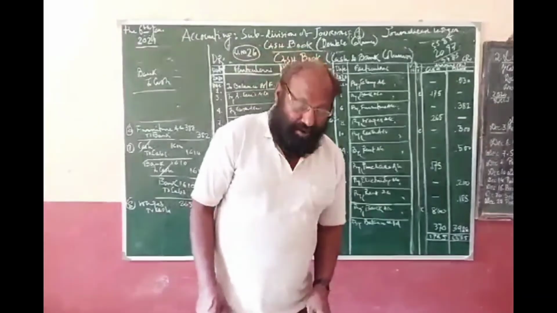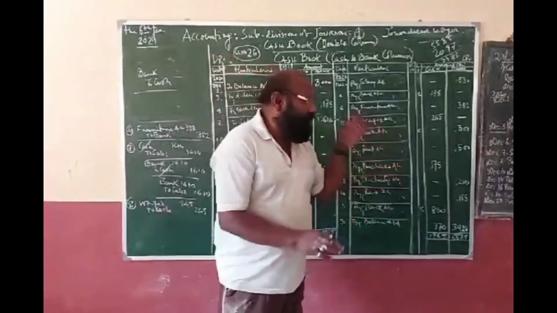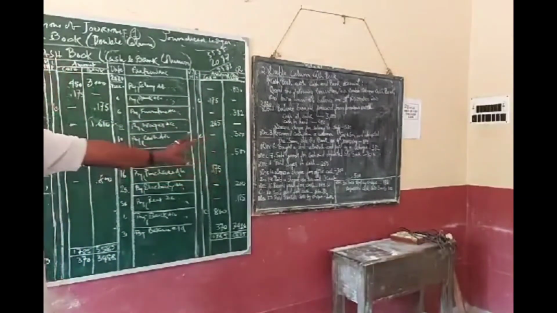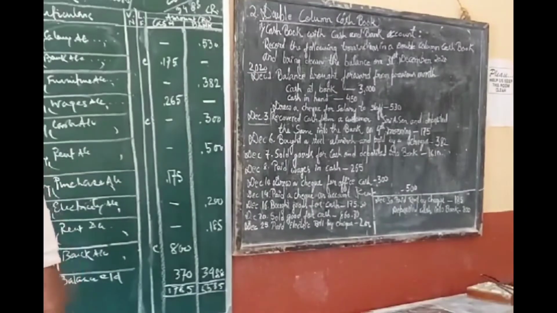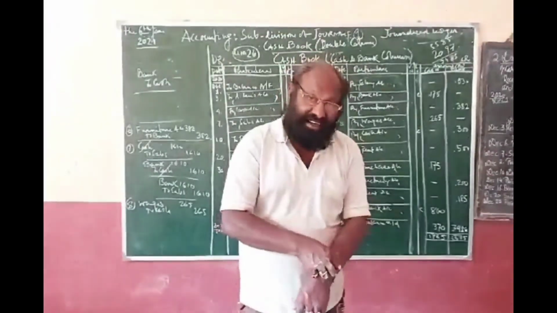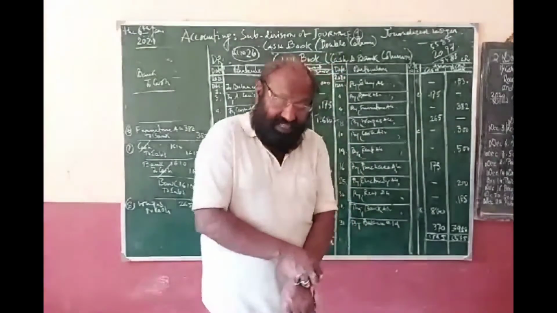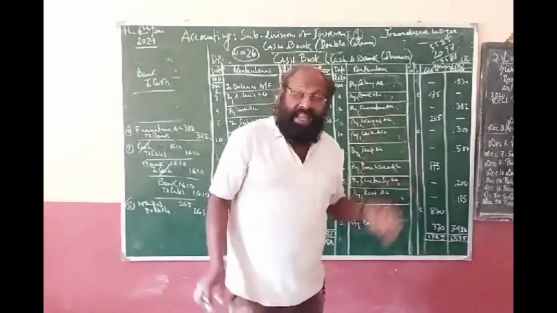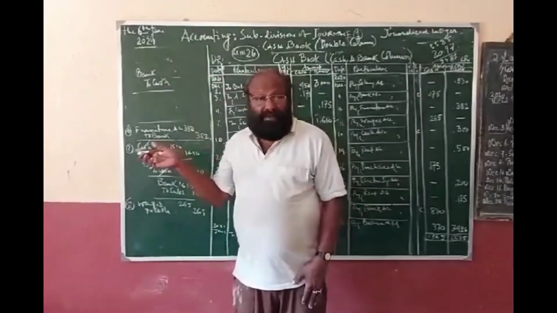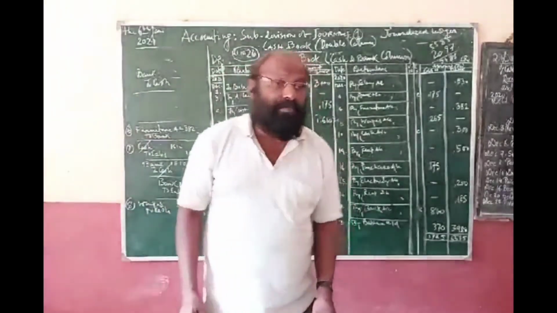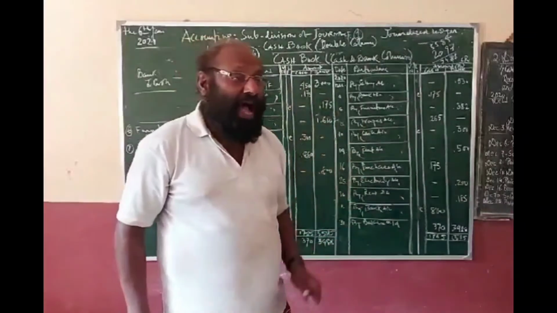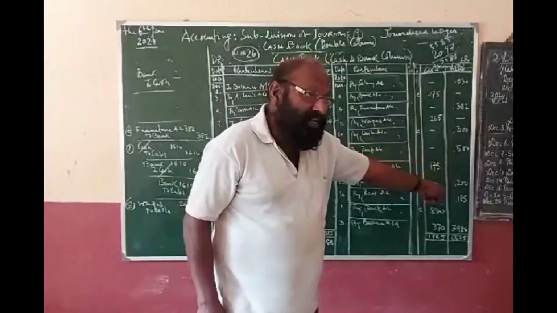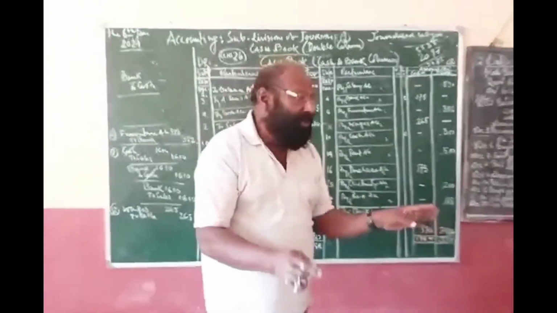So friends, again I am letting you know, you complete the whole set. This is the journal entry, these are the transactions. Now these transactions are to be recorded in journal and ledger. Clear? So since you are in the initial stages, you make the journal entries always. I have made the journal entries in all cases, but after solving 2, 3 or 4 problems, I must not go on making the journal entry in that way in writing. I will let you know, and you will only go on writing. Clear? Now, what you have to do, you have to journal it, and then you have to open the ledger accounts.